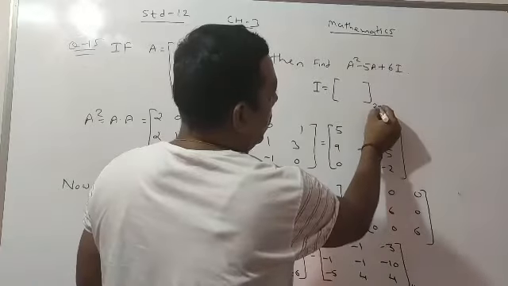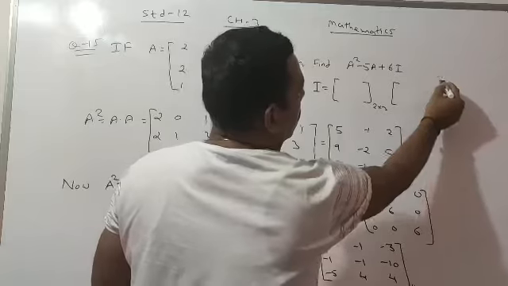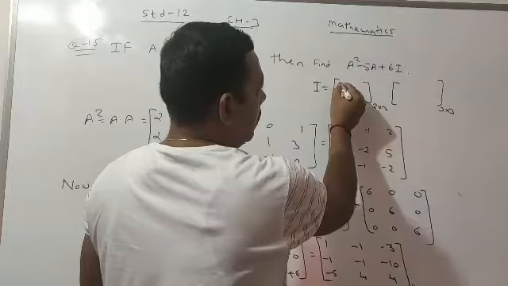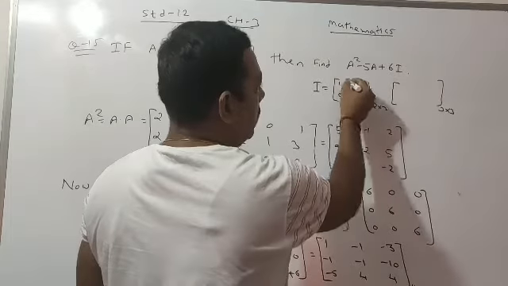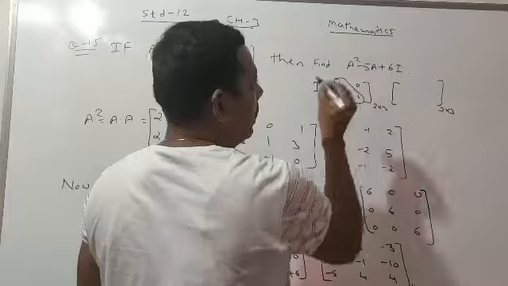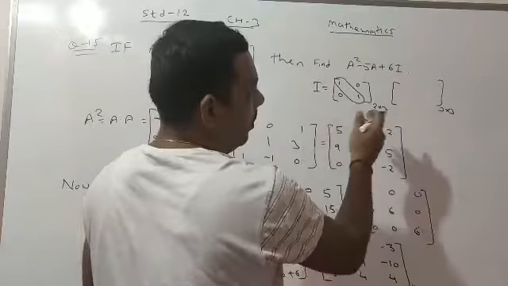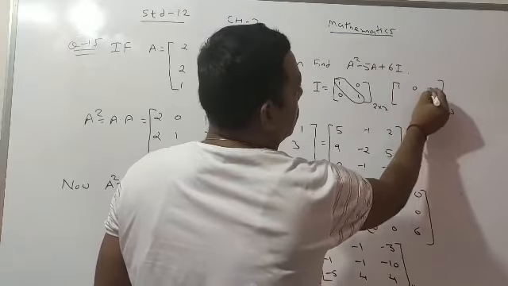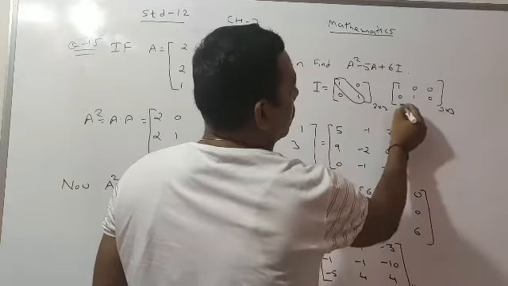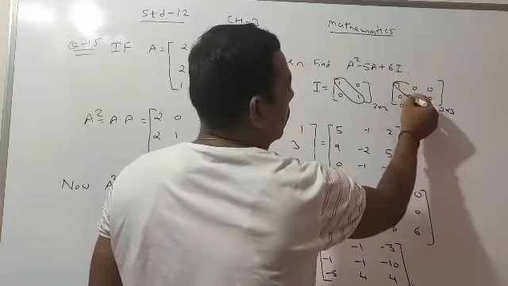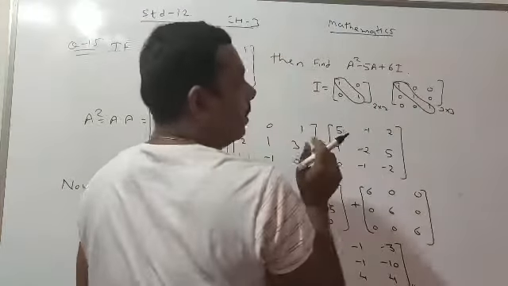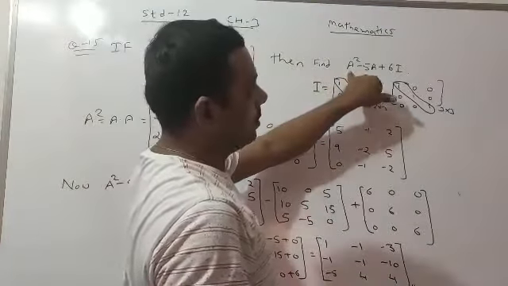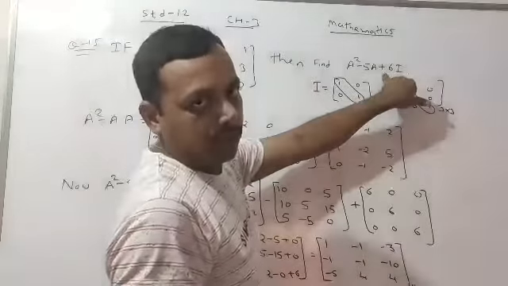It means either 2 by 2, 3 by 3, 4 by 4 or 1 by 1. For 2 by 2 it is 1, 0, 0, 1. It means in the diagonal only one, and the remaining entry is 0. If it is 3 by 3, we know that there are 9 elements. Which are they? 1, 0, 0, 0, 1, 0, 0, 0, 1. Again, only the diagonal has 1, and the remaining entries are 0. Now we continue to find the solution of A square minus 5A plus 6 of identity.